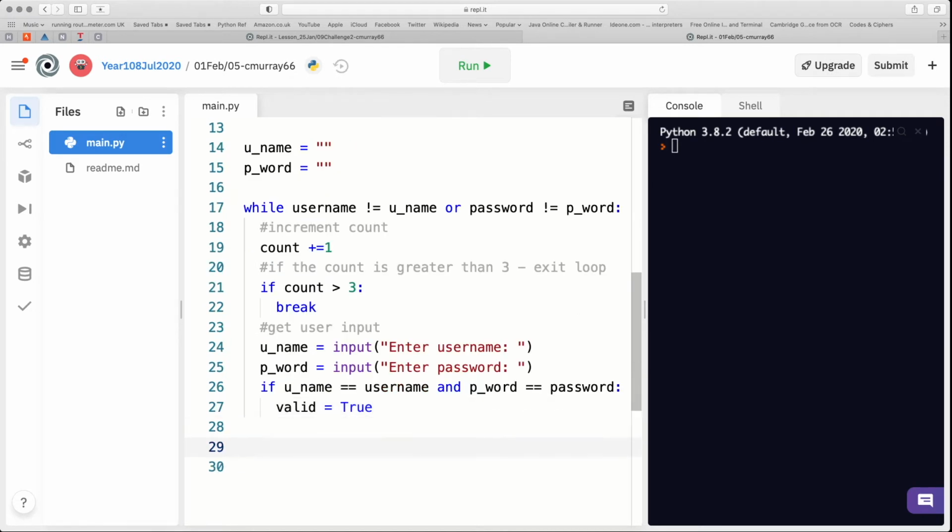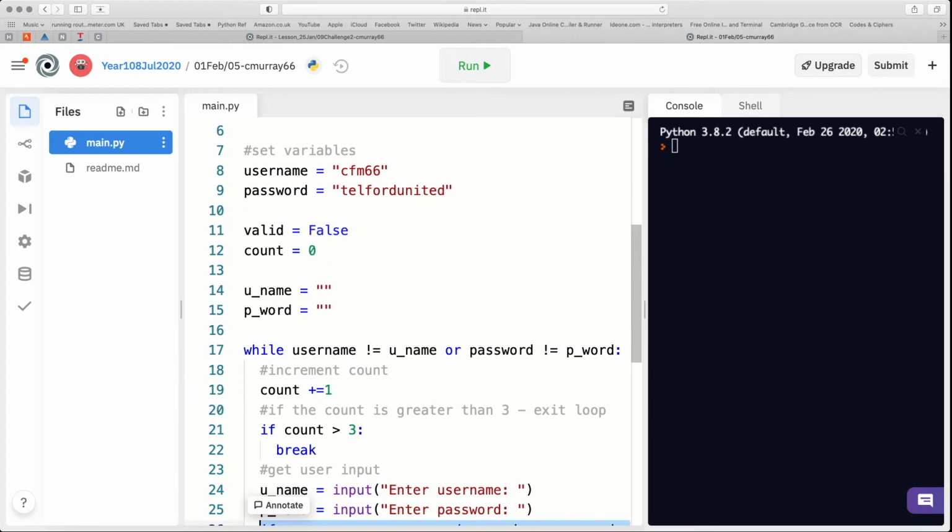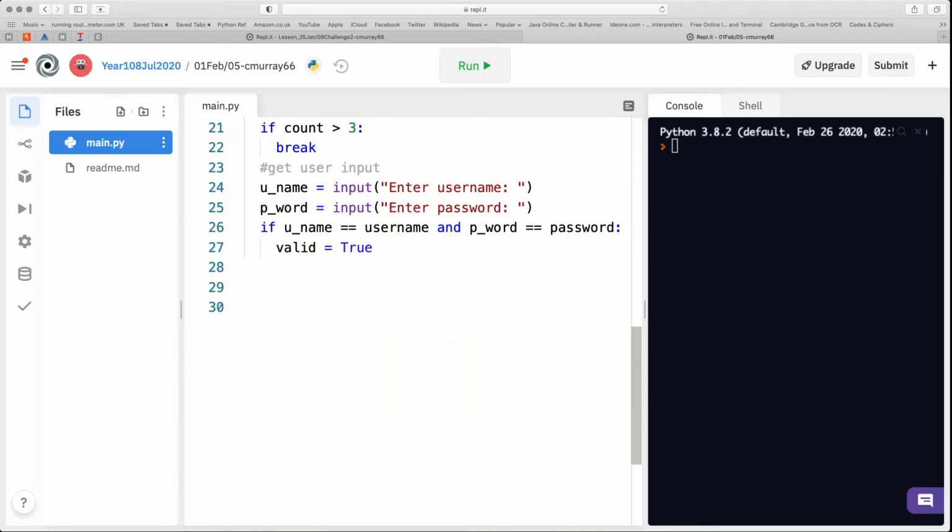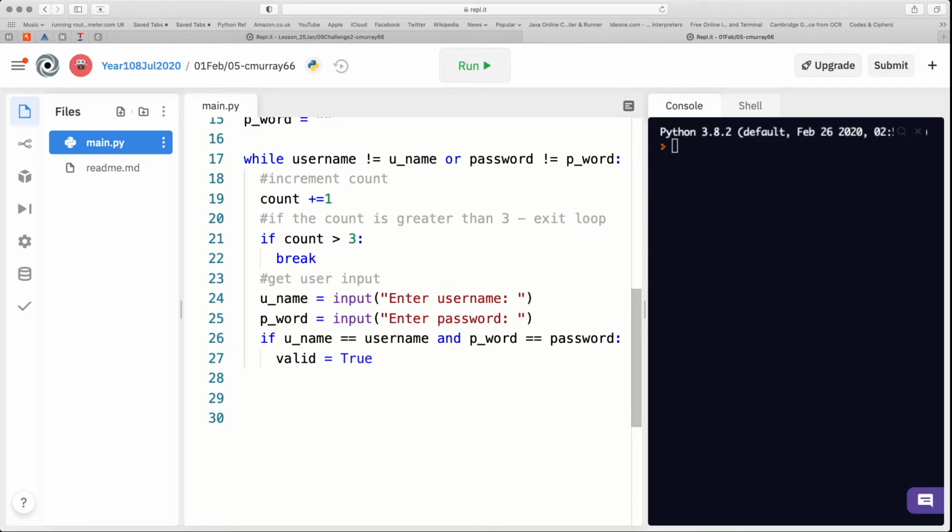Okay, so basically we go inside here. If we haven't got the password right or the username right, the count is increased by 1, and it tests the count to find out are they going to be given another guess, and if they're not, we're going to break out. Otherwise, they're going to be given a guess. This little bit here is used because unfortunately we have a flag that we were told to set. Okay, and we set that flag because later on outside the loop we can just say if valid,